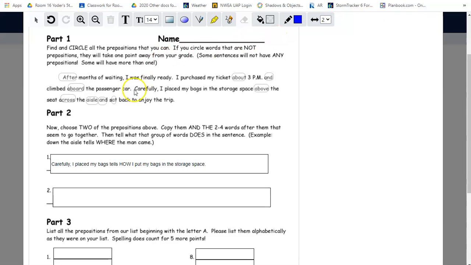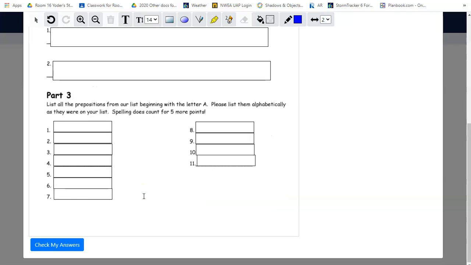All right, so almost everything that I typed in there came from this sentence here. By the way, this is not a correct answer. Carefully is not a preposition in the first place. So you have to use what I've taught you about how to find prepositions and how to decide what their function is, what their job is in the sentence, and you have to tell me what they're doing in 2 of these sentences. Part 3, just type the 11 prepositions that begin with A